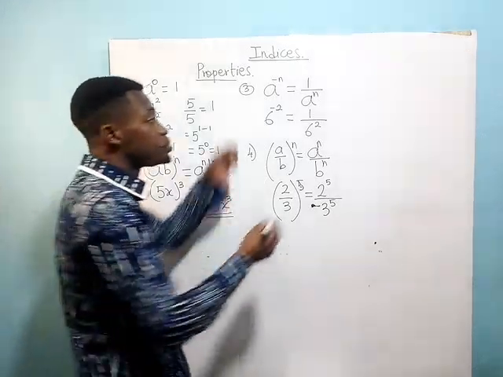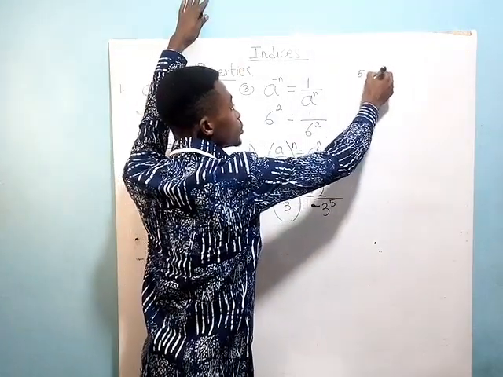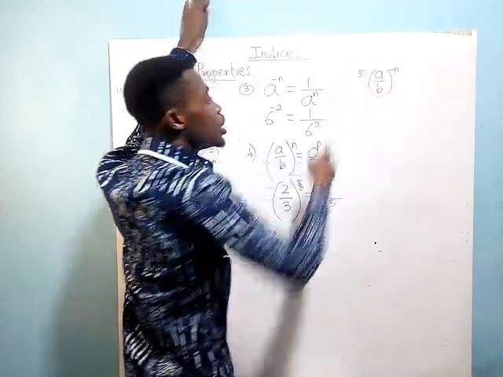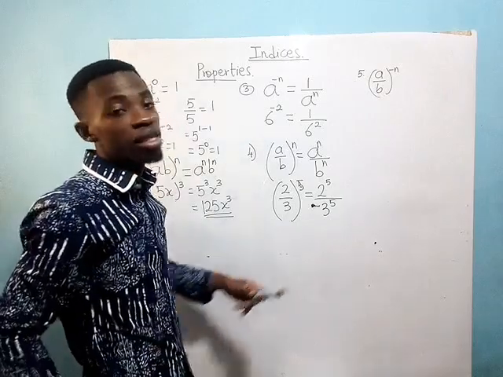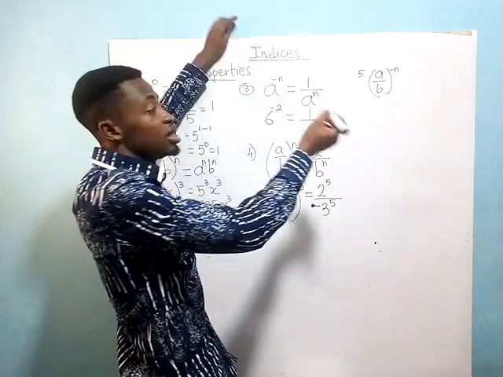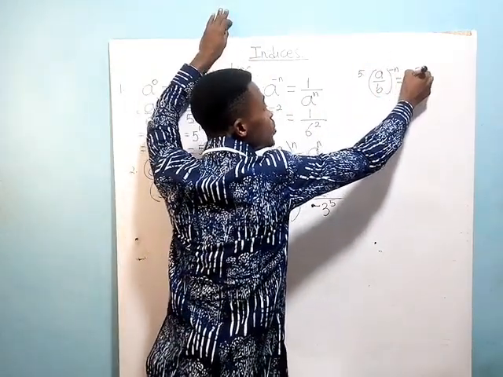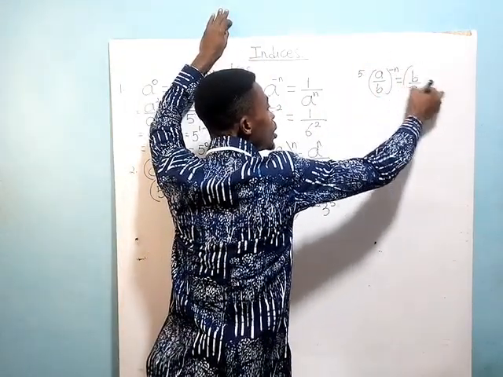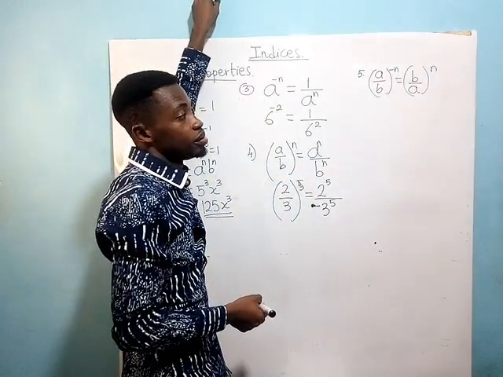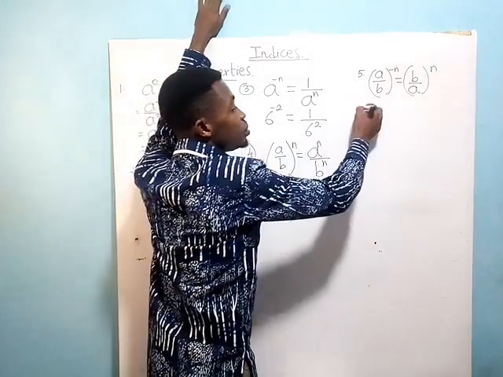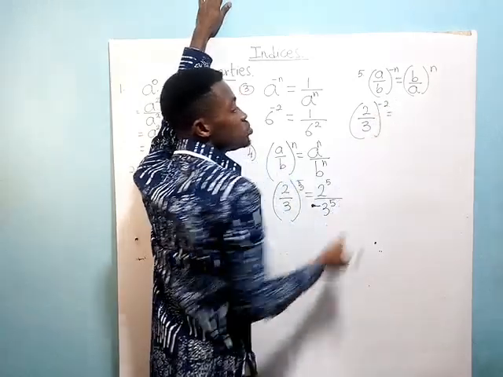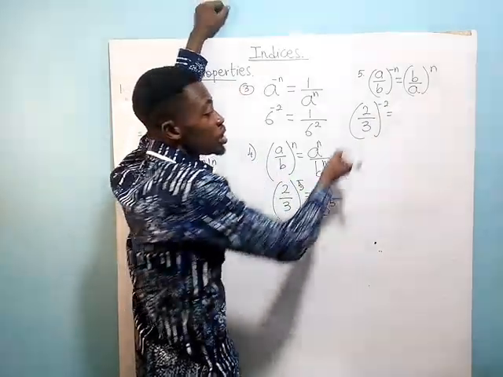Let's pick the fifth one. This has to do with quotient of numbers with a negative exponent. And this is written as b over a, to the power n. So if I have 2 over 3 to the power negative 2, if we want to prove it, this will give us